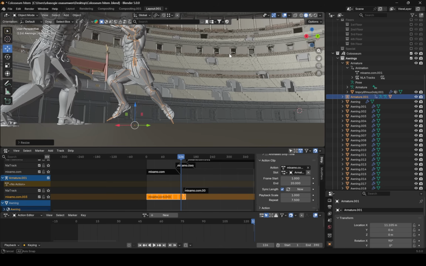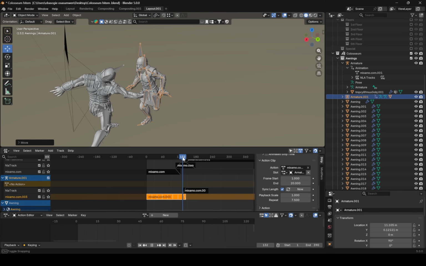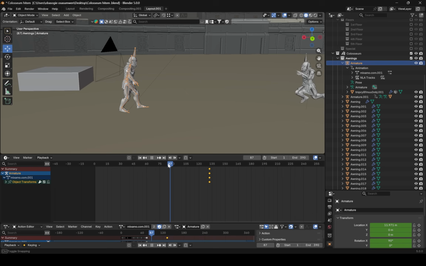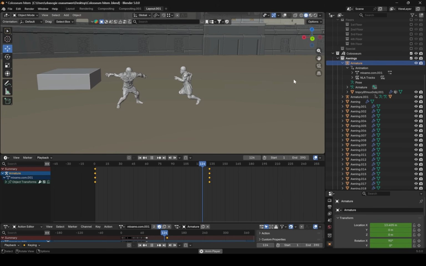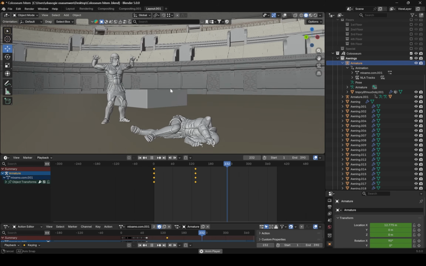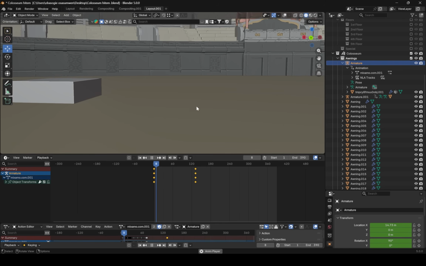Alright, so I went ahead to align the characters, and then what I did was import the animations from Mixamo and then combine them using the nonlinear animation to join the different animations together. So then I went ahead to animate the characters to move into position to an area where they are very close to each other, so I can make that interaction between the first character's slashing movement and the second one. So this was pretty easy to do,